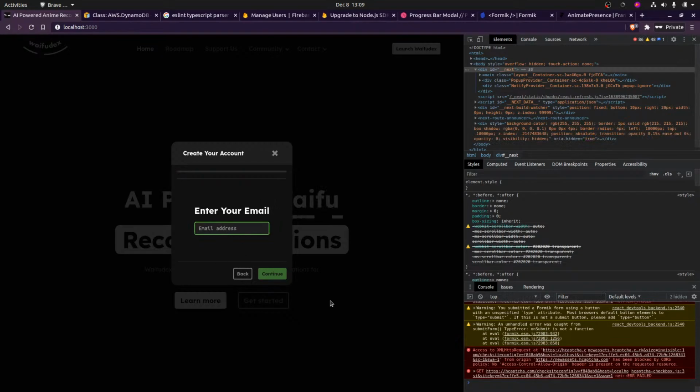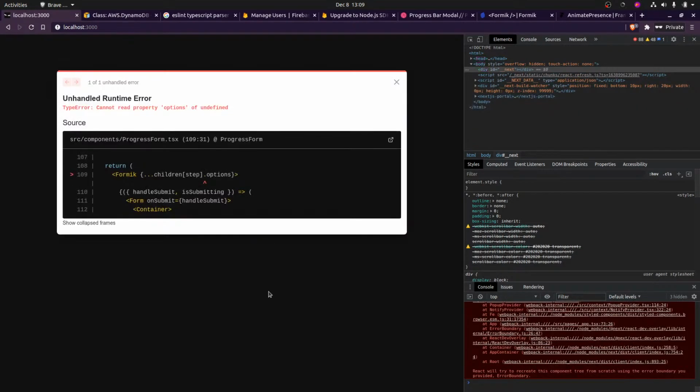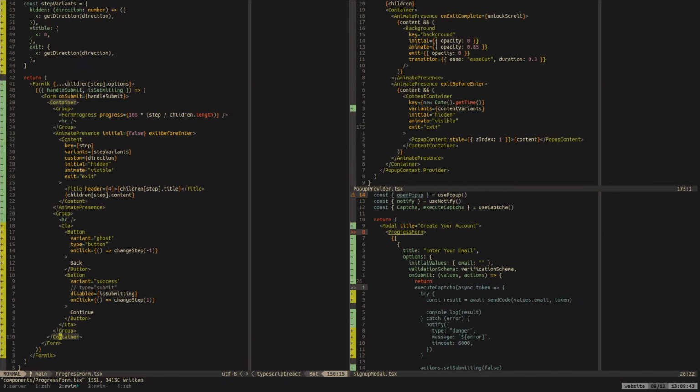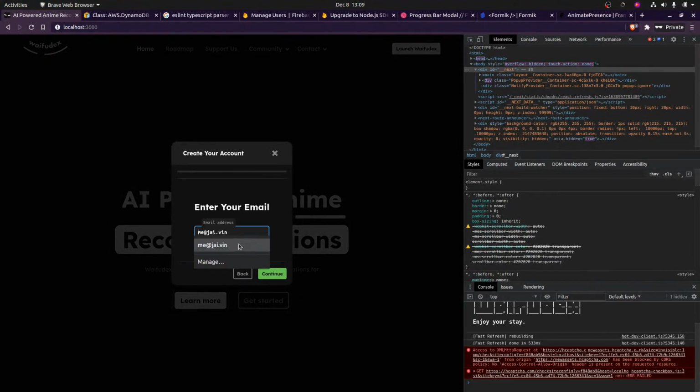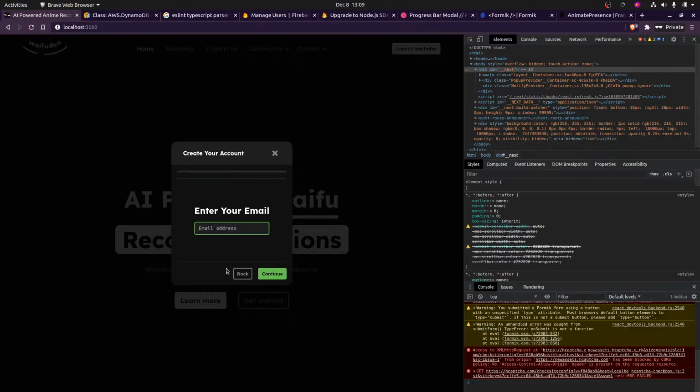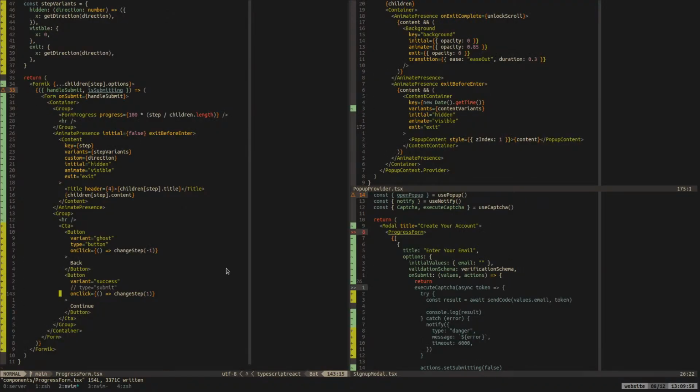Wait, what happened? Oops, okay. Let's actually not disable the button to make it easier on myself. That goes to the left. This should go to the right, and it should come out from the left now. But that does not work. Okay, interesting, okay.